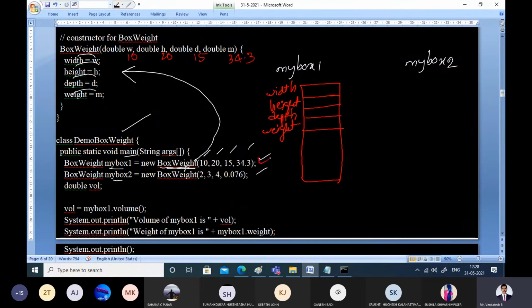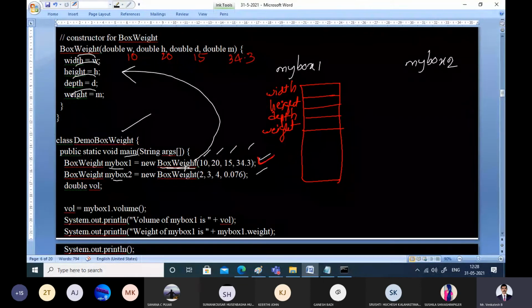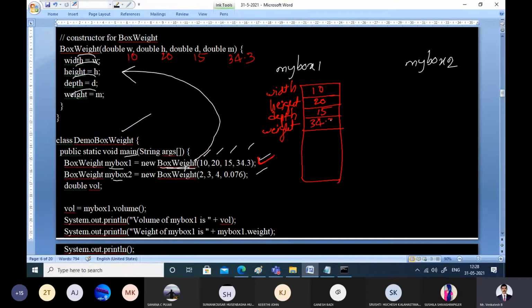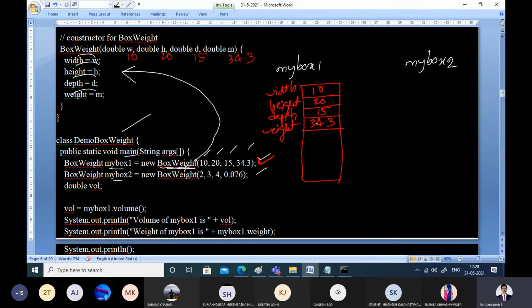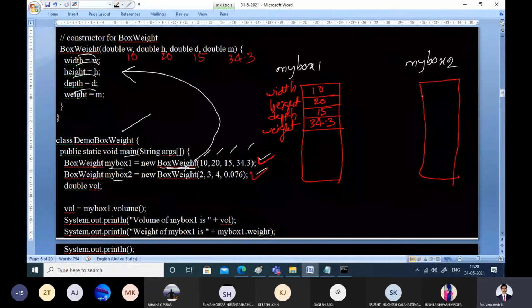Once you execute this very first statement, they will get the values 10, 20, 15 and 34.3. Similarly, myBox2 is also getting created.